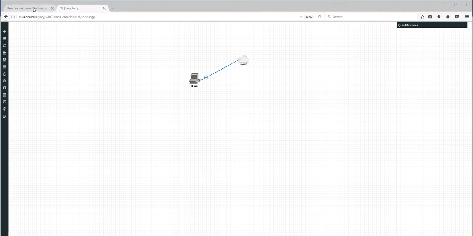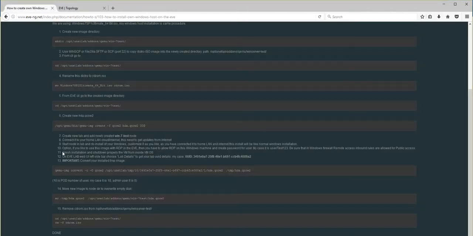So let's go next. What do I have to do next? So finish installation properly, shut down, we did. On the Eve lab, left, lab details. This is a very important point. Okay, and now we have to get